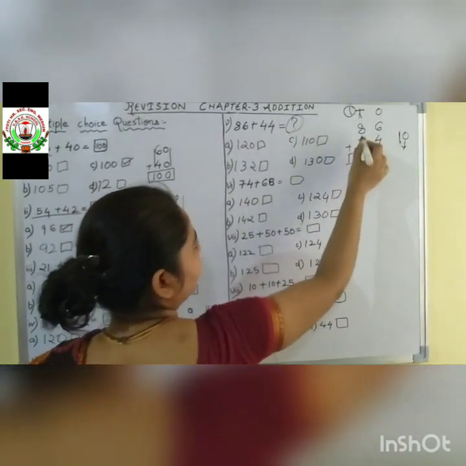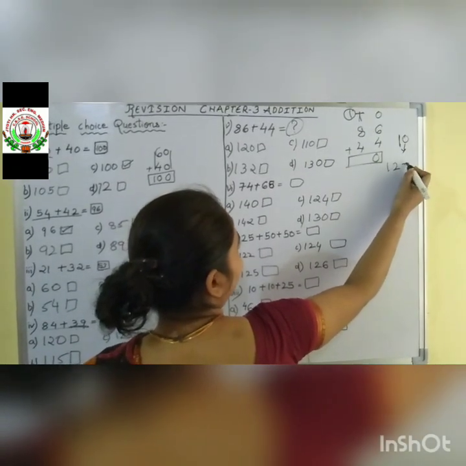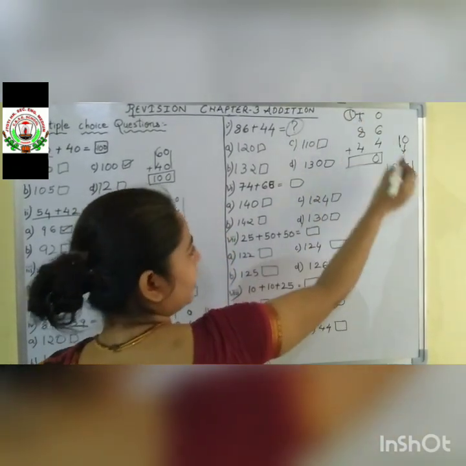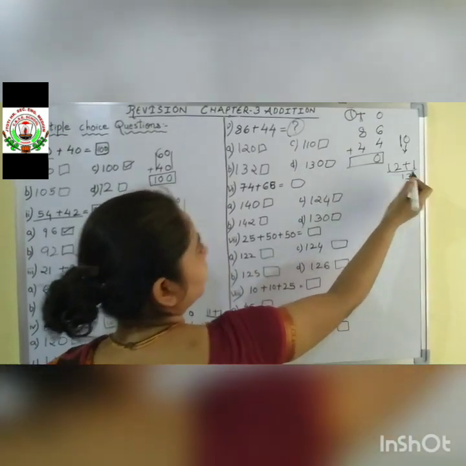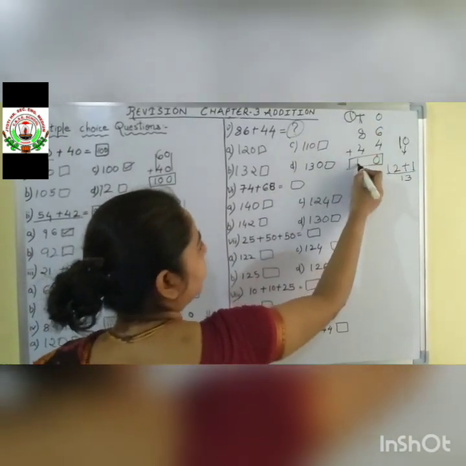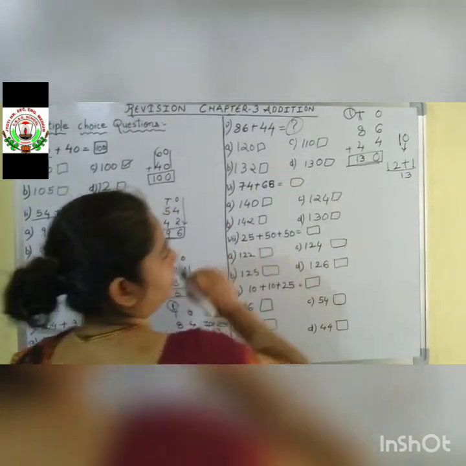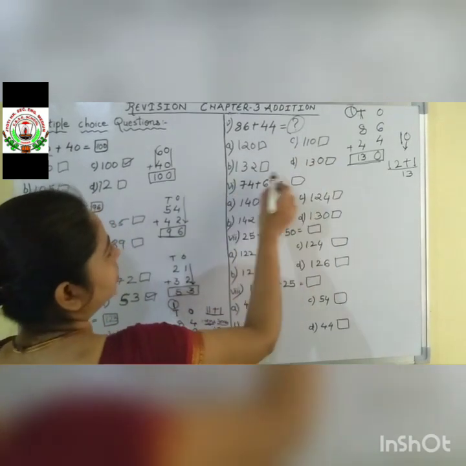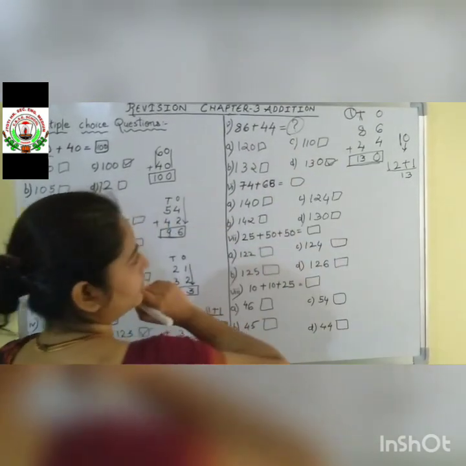Again in the tens place 8 plus 4, 12. 8 plus 4 how much? 12. Then 12 plus 1, this one is carrying. 12 plus 1 we get the answer as 13. This 13 is the answer of tens place. So we will write down under the tens place like this. Our answer comes 130. You can find from where the option 130 is there. Tell me children. Yes. In the option D is the correct.